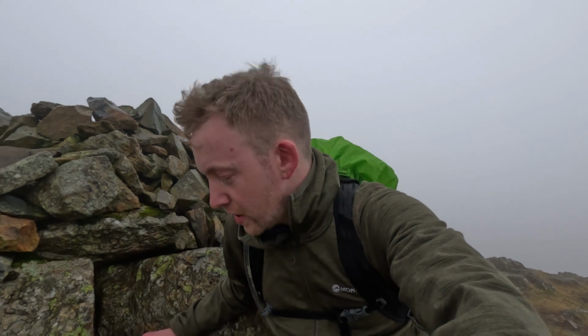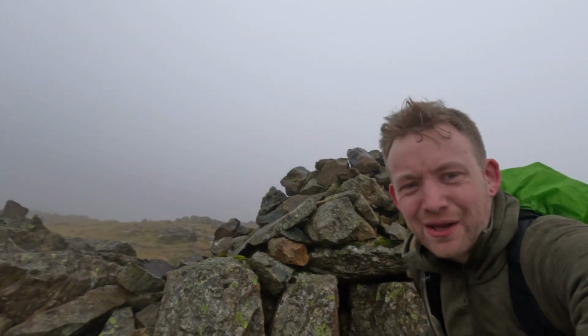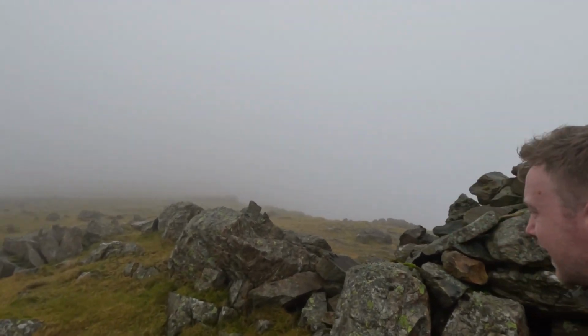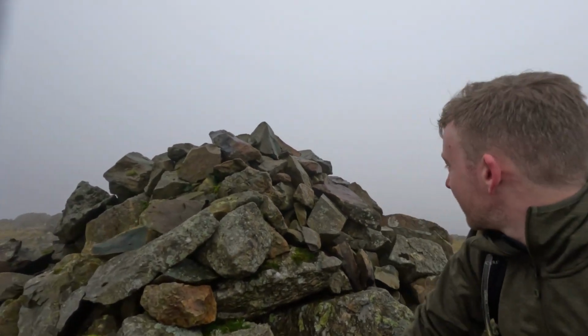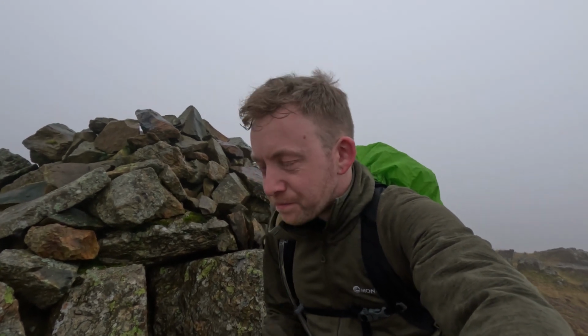These are the cairns that separate the junction that I was just saying before, if you even heard it. I've got to duck behind here to get out of the wind a bit. It is brutal. So it's just another maybe 50 or 70 metres that way to the summit, and then we'll be coming this way and then back down the other side. But coming back is going to be brutal because it's pretty much a full-on headwind, and it's tough. God,